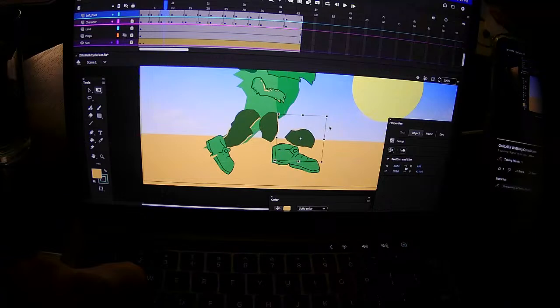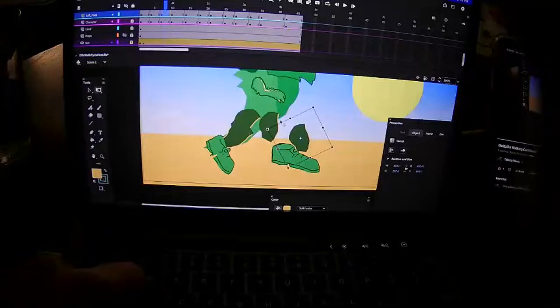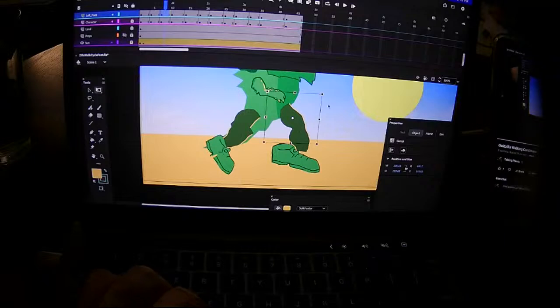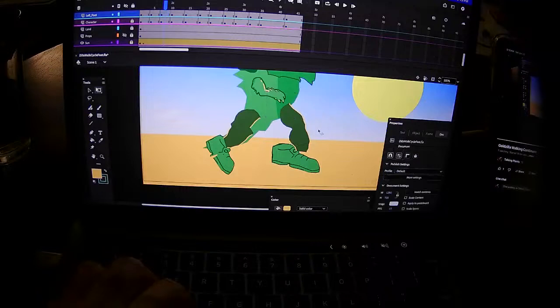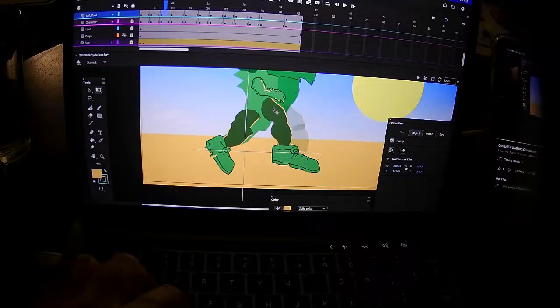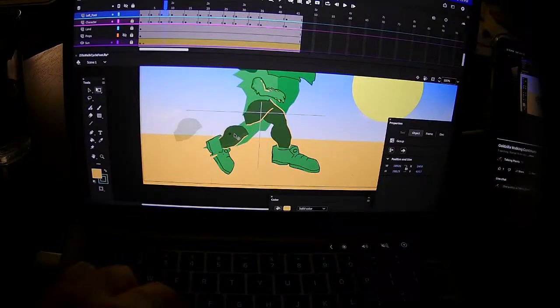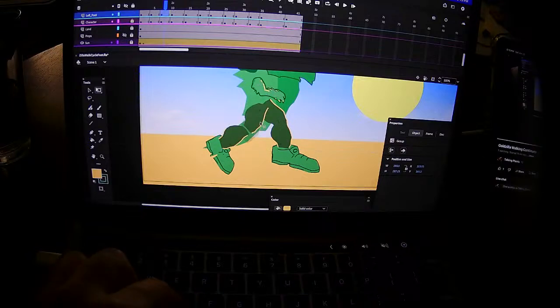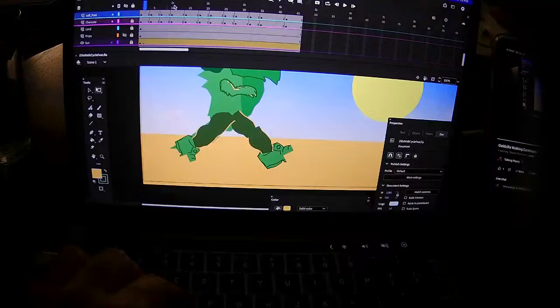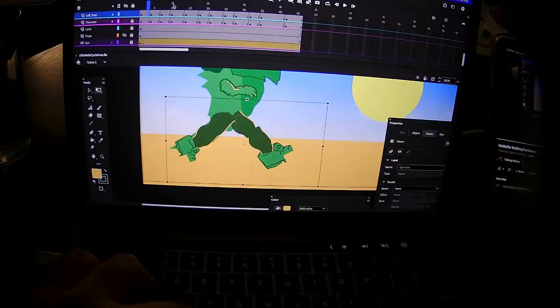And then this one would also be a straight line. Well, no. This would be more straightened out because when your toes are lifting, right between that one and that one,